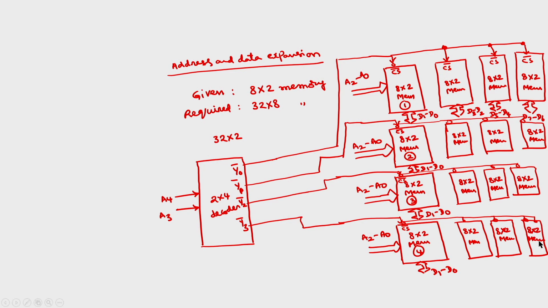This is about both address and data expansion. So, we need a decoder wherever address expansion is required, and whenever you require data expansion, you just connect all the chip selects together, in parallel. Okay. So, with this memory concept, we will go to memory interfacing to 8086.